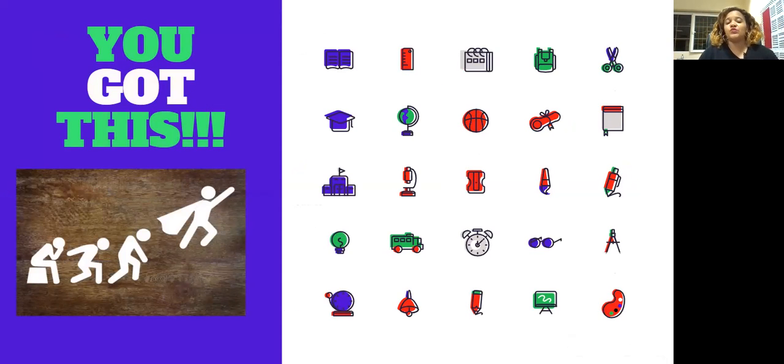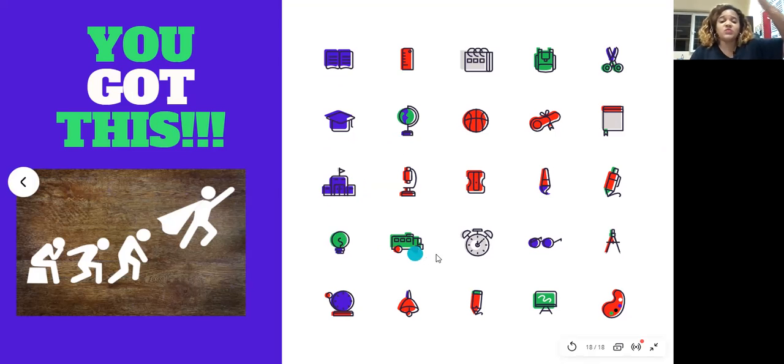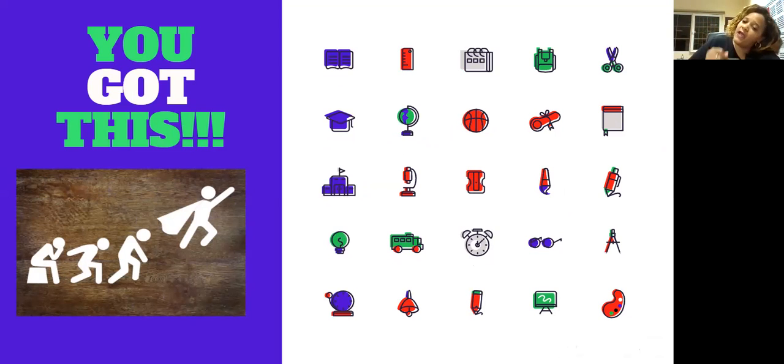All you got to know is that you got this. Whether it's in books, math, graduating, travel the world, social studies, science, at the campus, thinking on the bus, wherever you go, whatever you do, know that you got this and you have a superpower to get you through. Hey, wherever you go, whatever you do, you got a superpower to get you through.